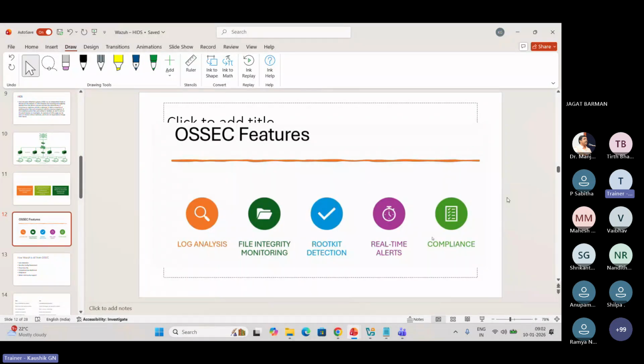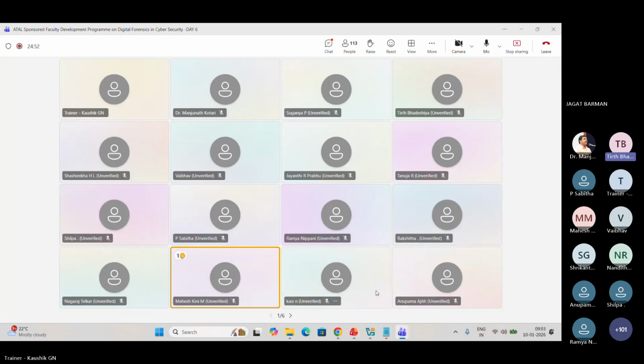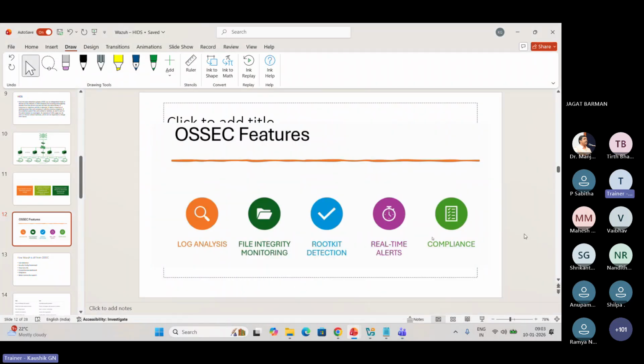Rootkit detection. Anyone know what is rootkit? Yeah, the rootkit basically is a kind of malware.